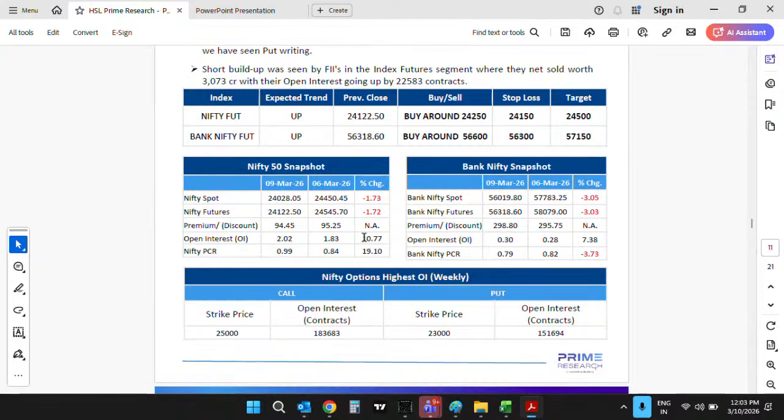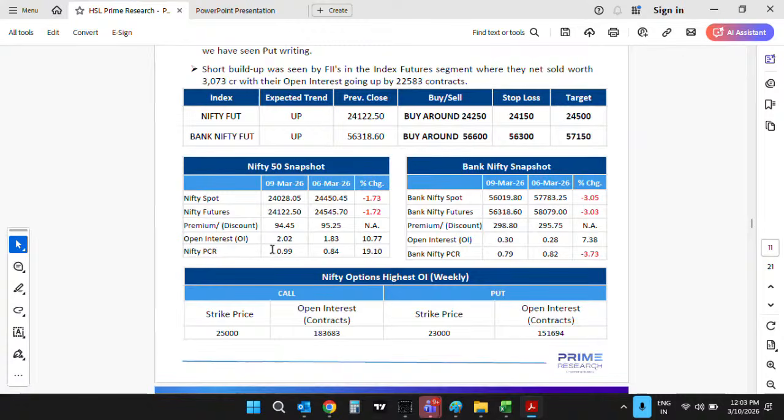Coming to yesterday also, the open interest in Nifty future went up 11% with a 1.73% fall in Nifty. That suggests short build up. However, we need to understand that yesterday Nifty moved up by 300 points from the low, and that low was made in the beginning of the session only, and then Nifty gradually recovered. So that was a good sign. Although there was short build up from the morning, we witnessed some cut. But yes, at the end of the day, we witnessed an 11% rise in open interest.